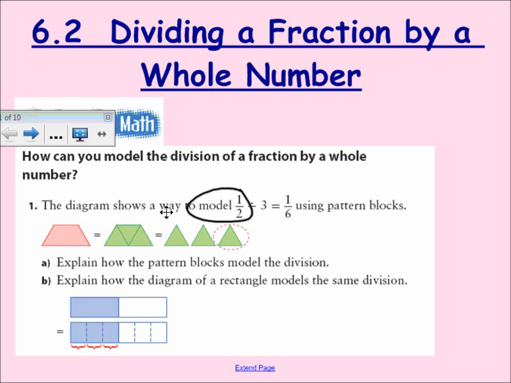This is 6.2, dividing a fraction by a whole number. How can you model the division of a fraction by a whole number? The diagram shows a way to model half, or 1 over 2 divided by 3, which equals 1 over 6